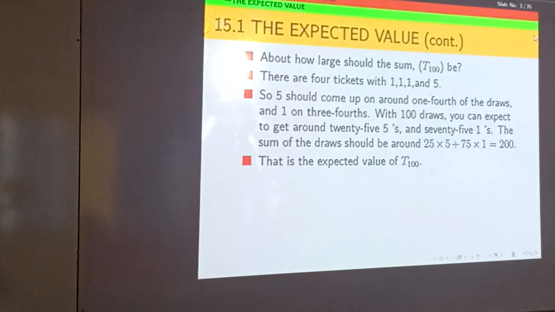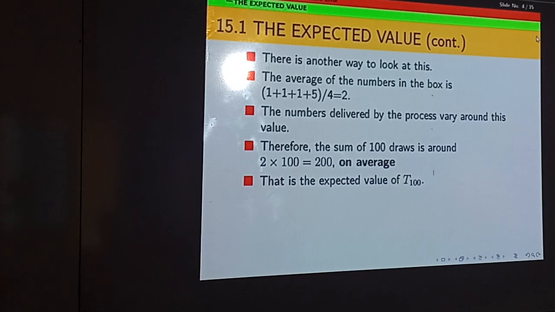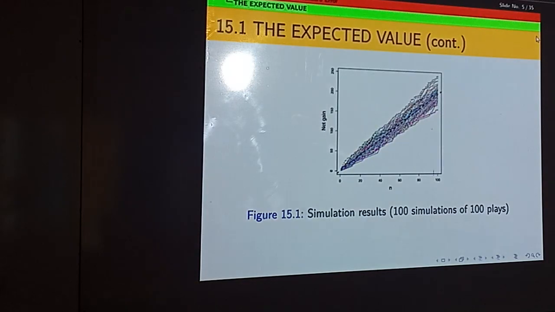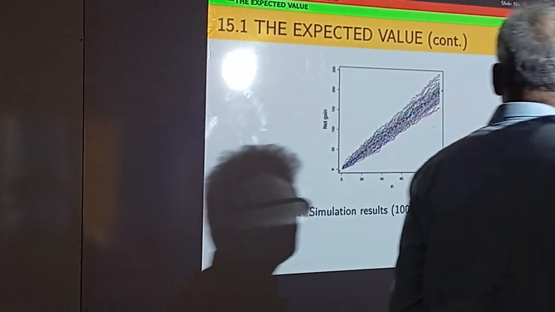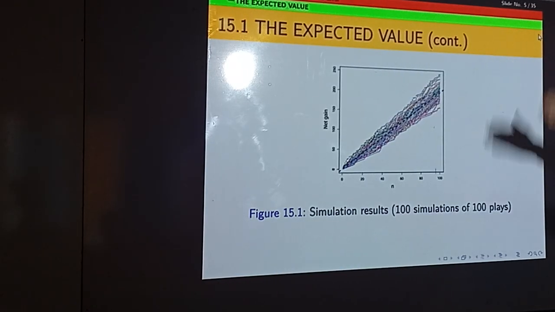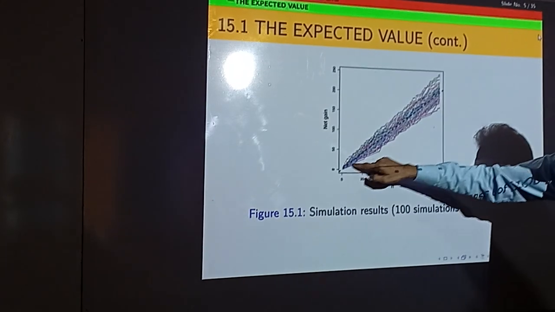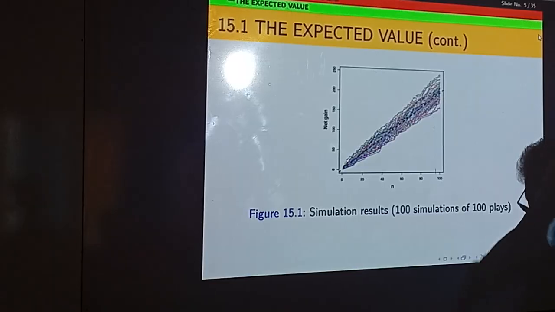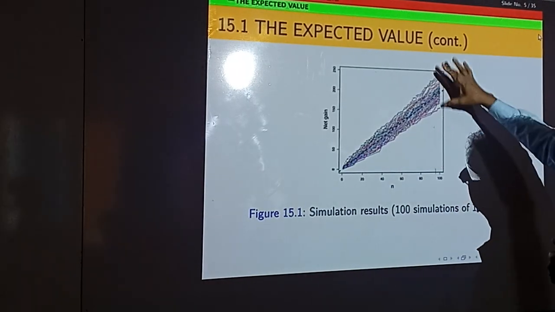The expected value is not difficult to understand, therefore I will just skip these simple calculations. Right. So this is showing if you take 100 simulations of 100 plays, right? So suppose you take 100 times from that box and look at the total at the end of the 100th row. So for example, this is what happened in one possibility. At the end, you end up here. There's another possibility like this one. So those are the two extreme